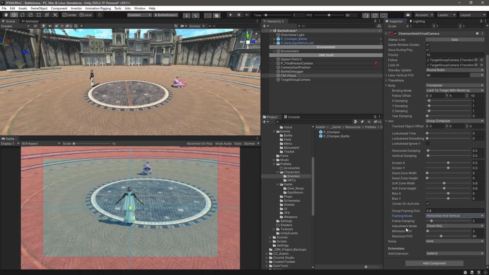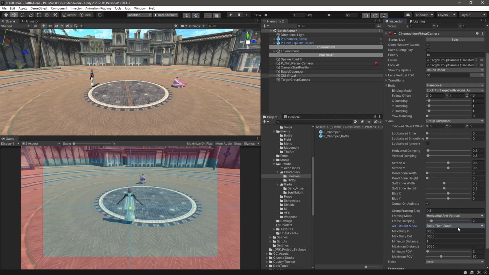Then for the adjustment mode, which is going to be how the camera adjusts between the two targets to be aligned, we have by default zoom only, but you could play, for example, setting to dolly then zoom. Alright, and afterwards, of course, we have here the maximum distance the camera can get away from the targets, and